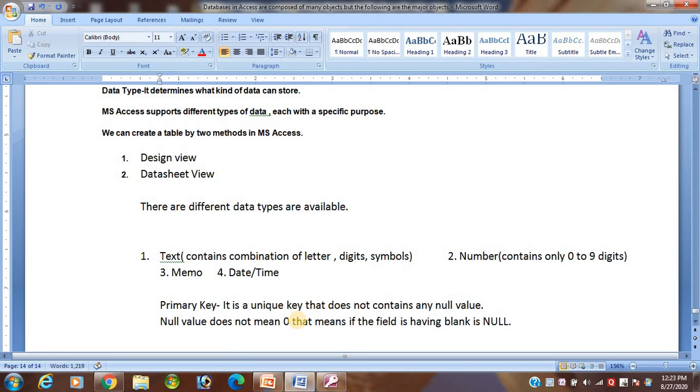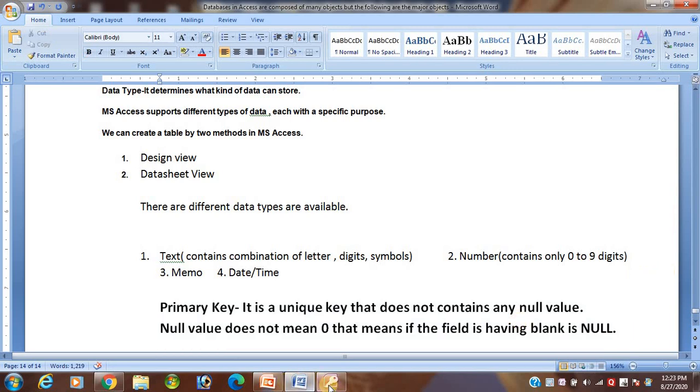Okay student, and 0 is a value. Remember 0 is a value, but if the field content has no value, that is your null. MS Access will take that as a null value. Okay student, is that clear? Remember this one. Okay, is that clear?